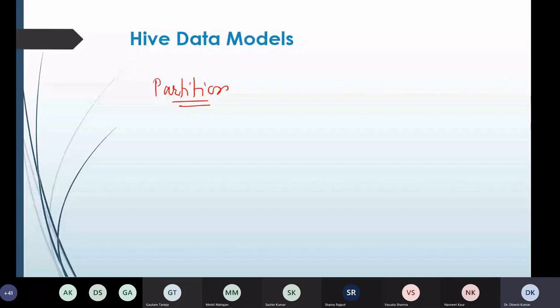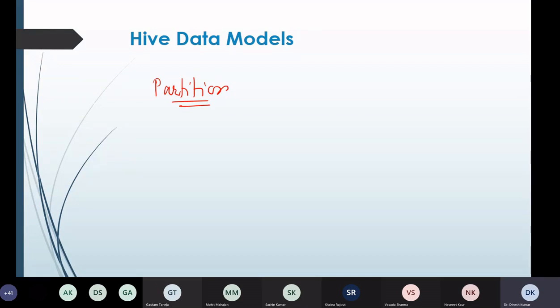Right. So we will divide the large table into small tables, which are called partitions, on the basis of some values in a particular column, and that column is called the partition column. Fine. So this is the whole idea behind the partitions, to divide the entire data set into smaller parts on the basis of the values in the columns.